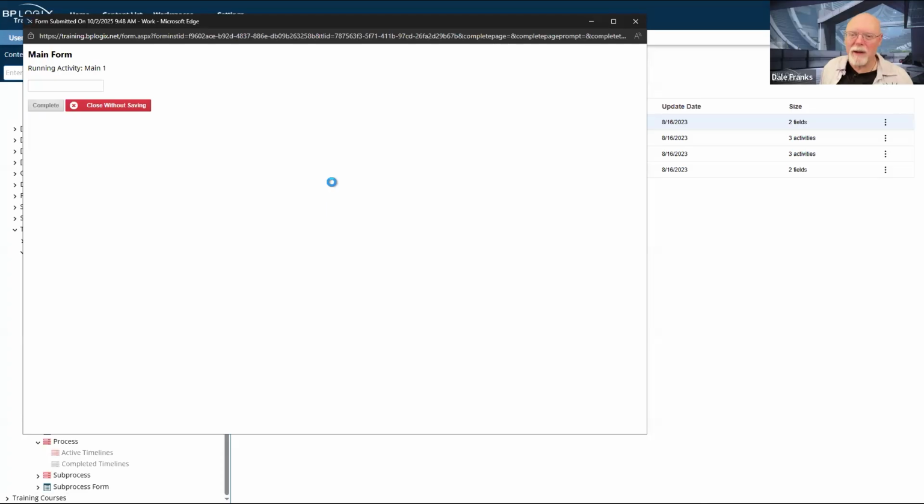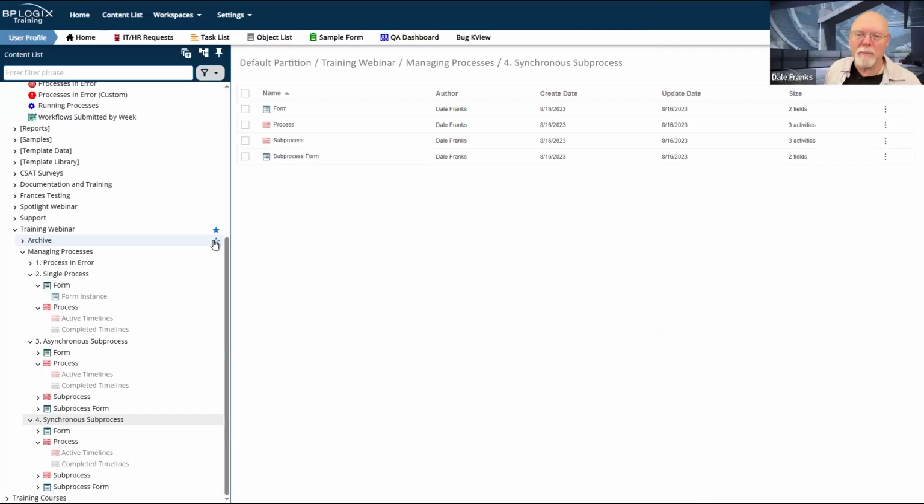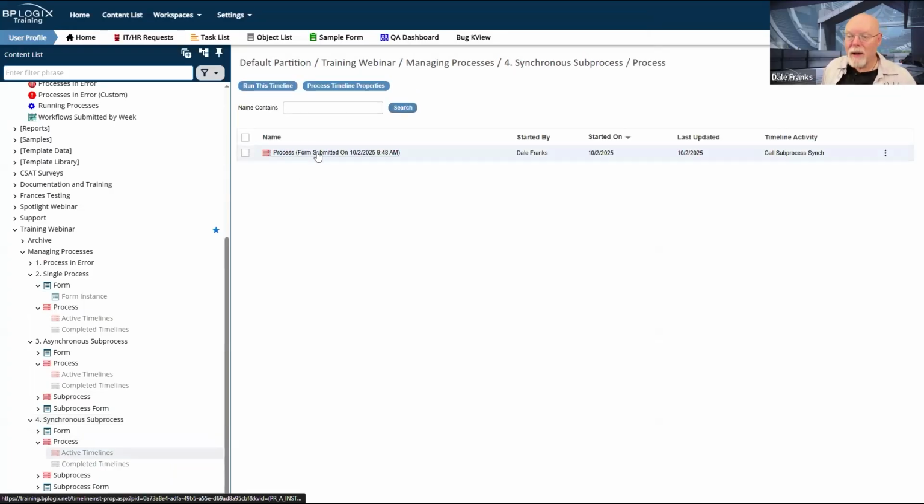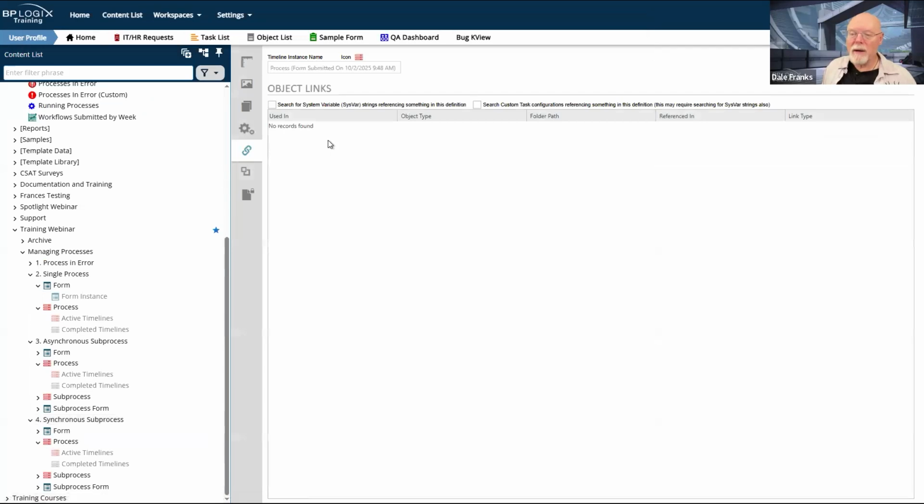We're going to submit this form. That's going to put us in main activity one. We're going to hit complete. Main activity one is going to go away because we are now inside a sub process. We don't care about that at this moment, other than to go back and look at our process, open our